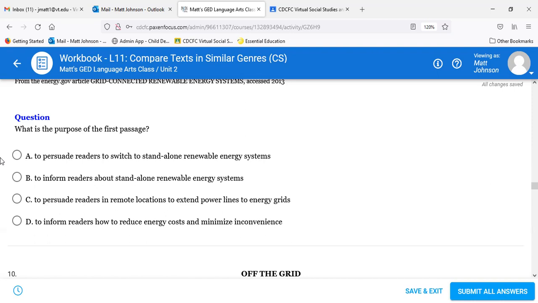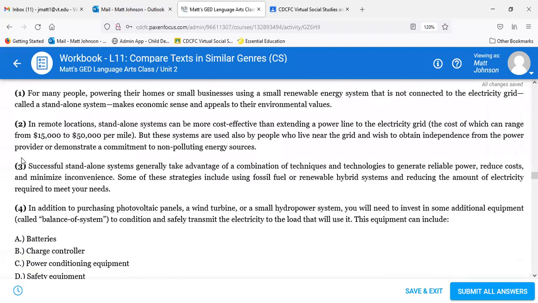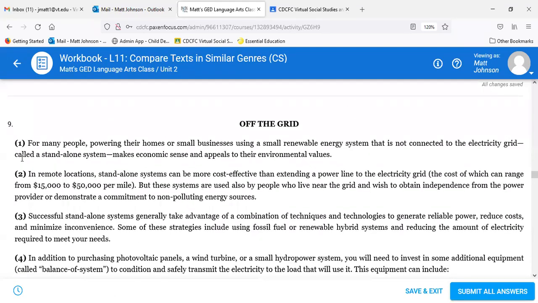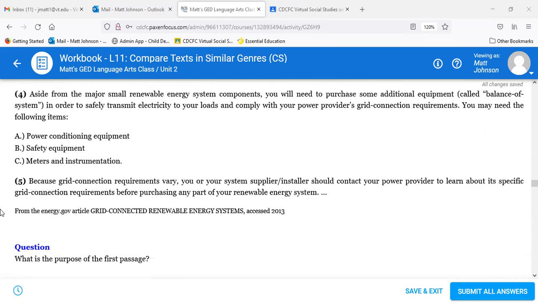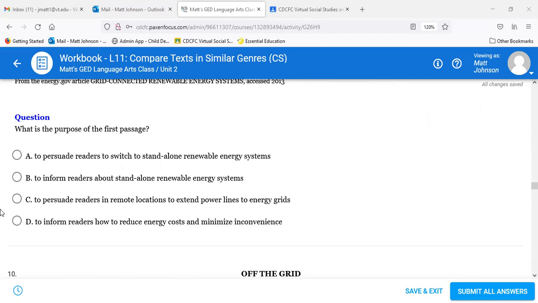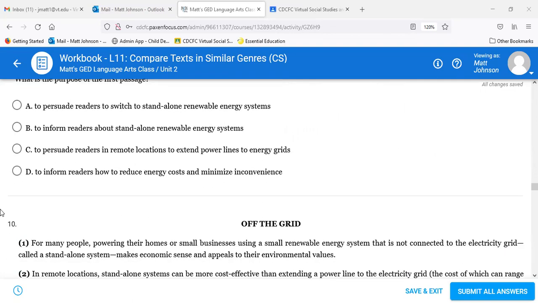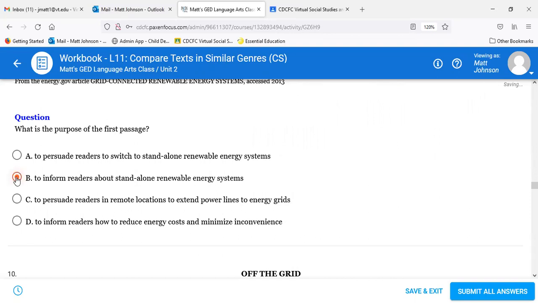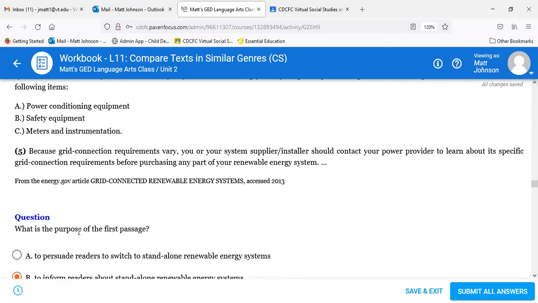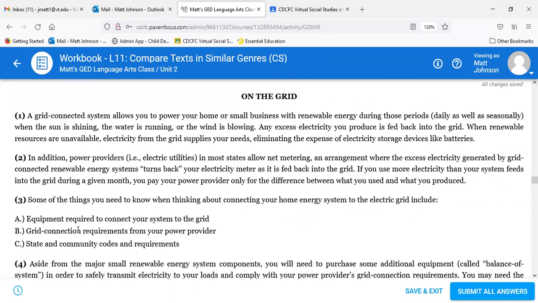To go to first passage. Okay. C. So it's B. Basically sort of an introduction and showing readers what they are, right? So in both cases,